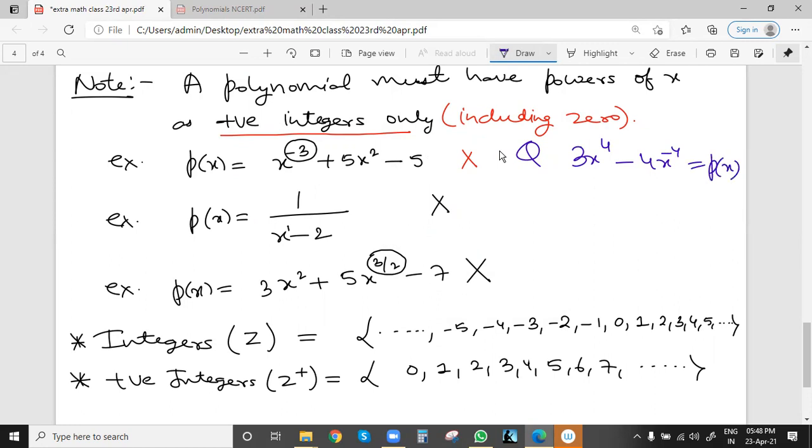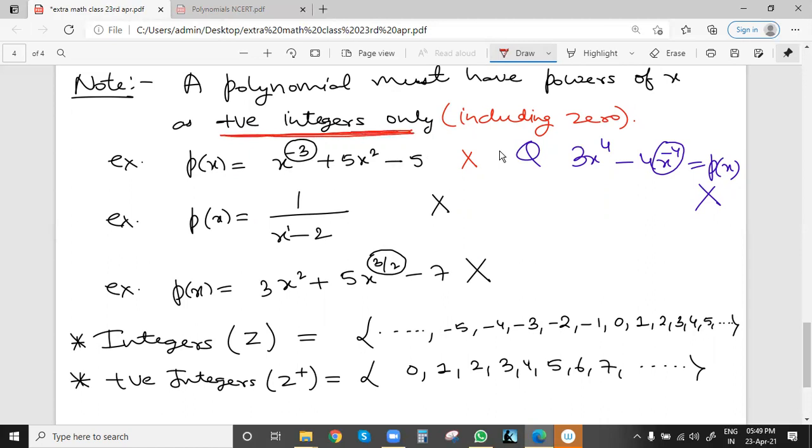So what will be the degree? Degree we always find for a proper, defined polynomial, which means first it should be a polynomial. Here we can see the power of x is negative, so it will not be a polynomial. Once it is a polynomial, then only can we find its degree. Sir, that means in a polynomial all the powers should be positive integers? Positive integers only, all the parts of it. That's why we have underlined.